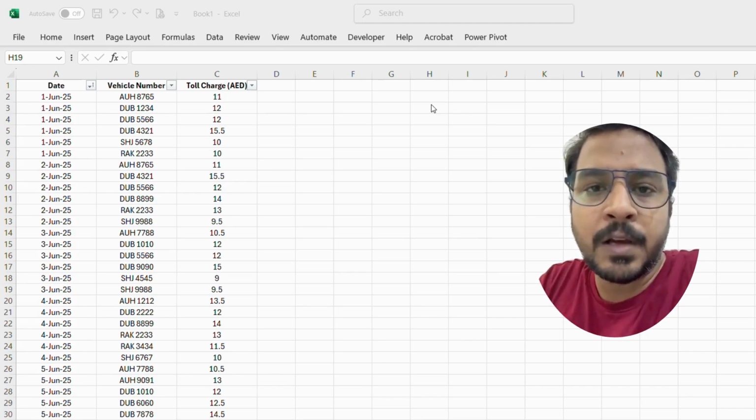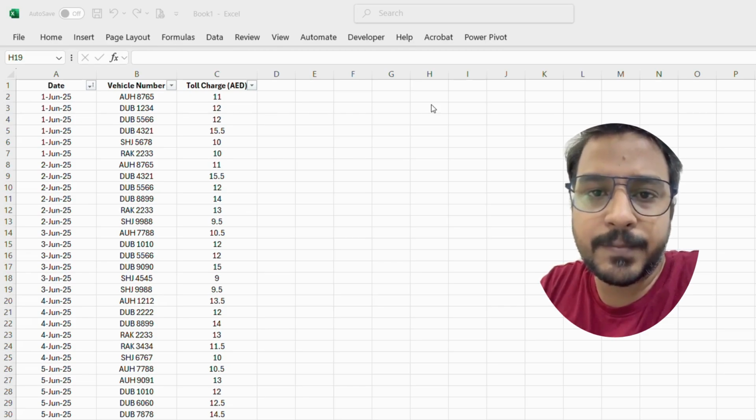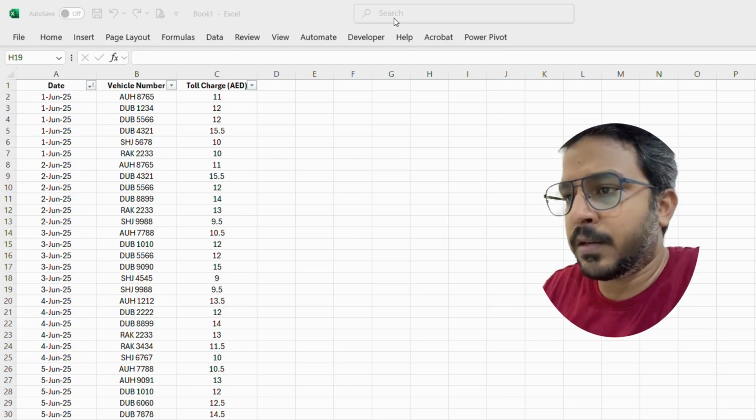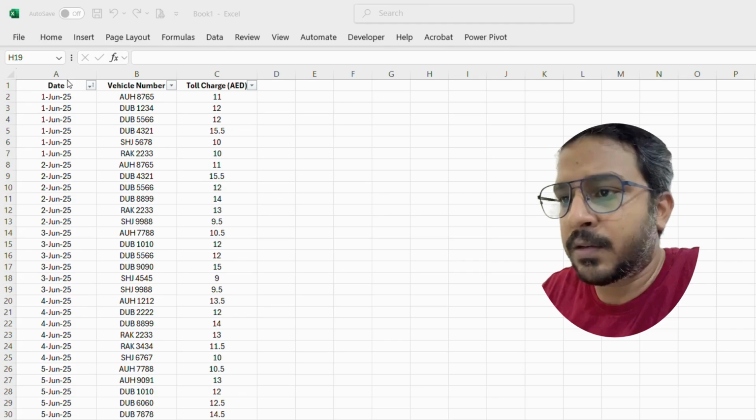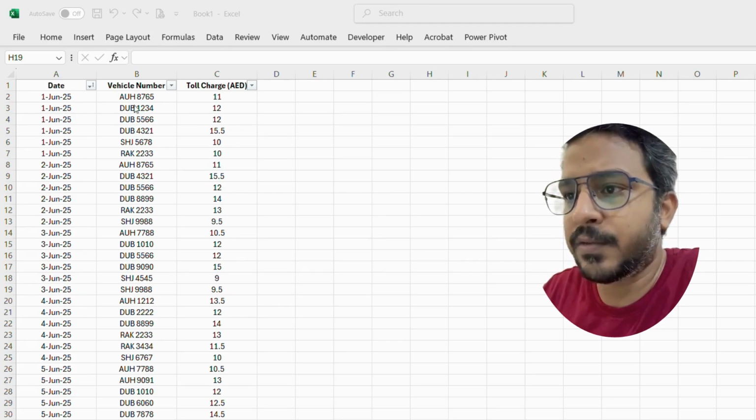Hello everyone. Today we will learn about COUNTIFS and SUMIFS function with the range as the criteria. So let's see. We have data from the toll where date wise which vehicle have passed the toll and what are the charges